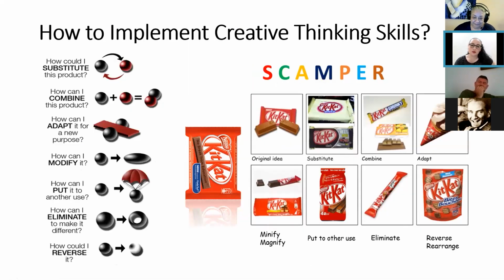Okay, so to reveal the creative potential, there are also some other techniques. Scamper is one of these. It's a very popular technique, and every letter here, as you see, stands for a different component. I don't know, did you like the picture? Mouth-watering picture.